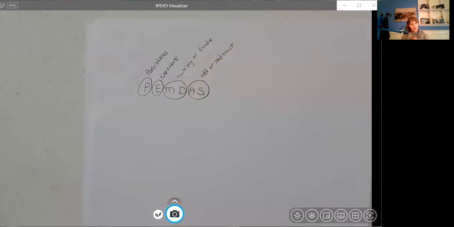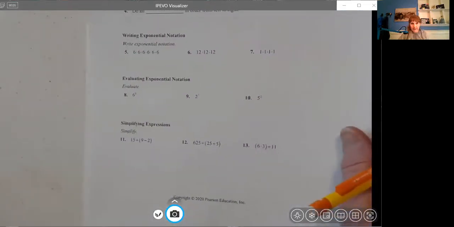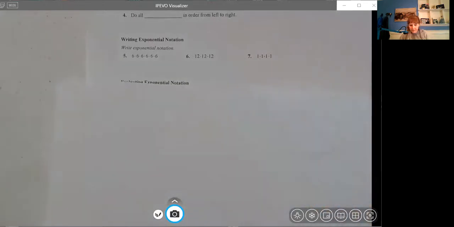All right, so what we're going to do is talk about exponents first, just how to deal with the exponents, and then we'll look at some expressions and simplifying using the PEMDAS idea. All right, to begin with, okay, we're going to talk about